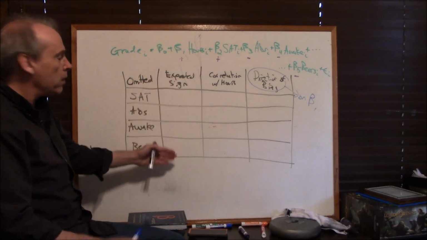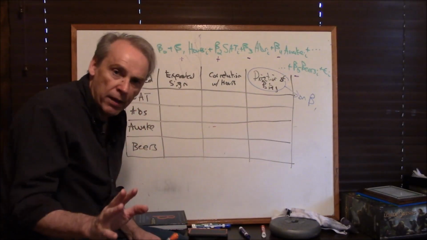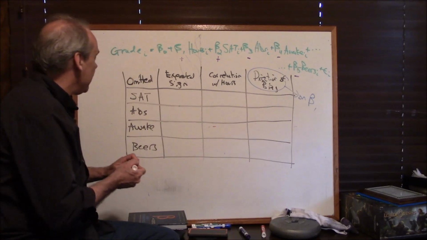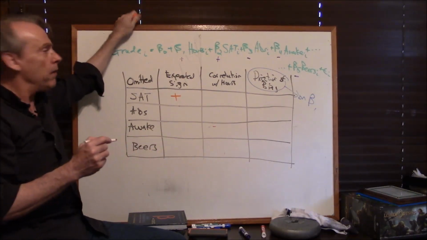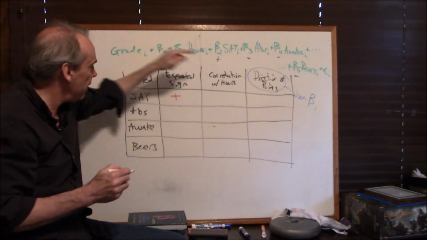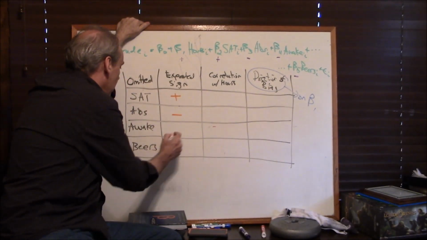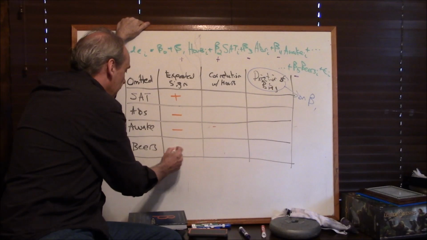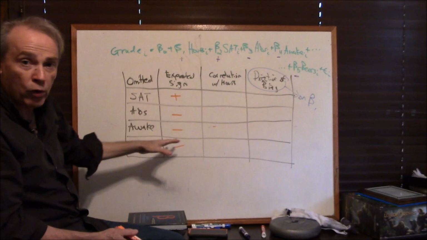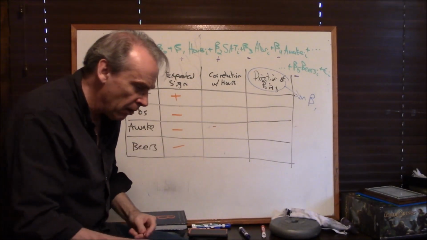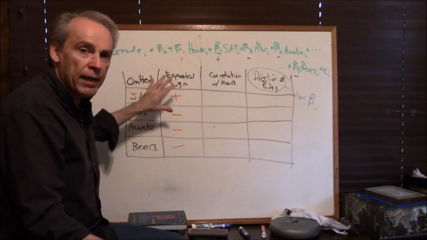All right, we can fill out this first column nice and easy. Right? The first column just says, if you had remembered to include it, what would its expected sign have been? Well, if I'd remembered to include SAT, it would have been a positive sign. We would have expected it, as I already said, to have a positive impact. That's all we're doing in this column. Very simple. Absences, I would have expected that to be negative. Hours consecutive awake, I would have expected negative. Number of beers, I would have expected negative. And look, perhaps consistent with number of beers, I drew that one sort of crooked. All right, that's just asking, had you remembered to include it, what would its sign have been?